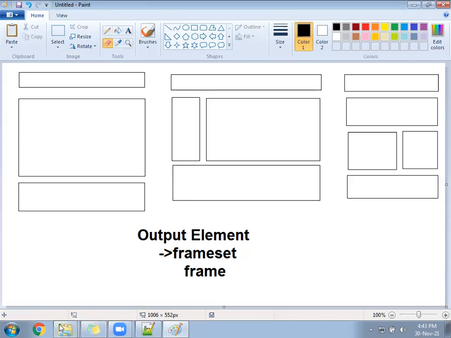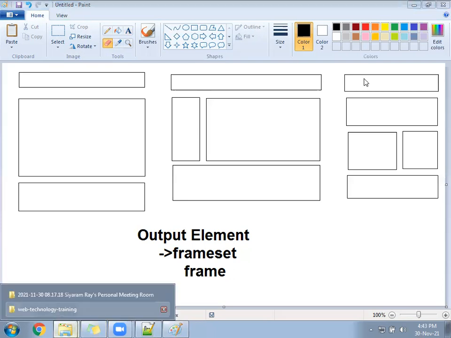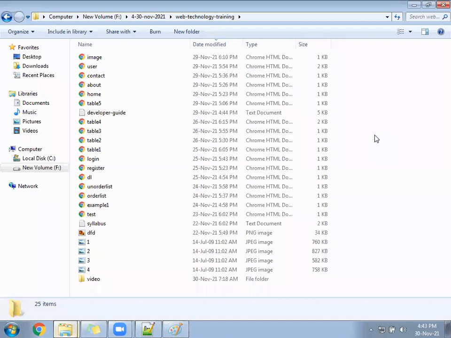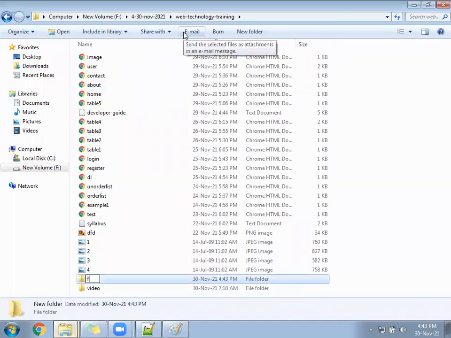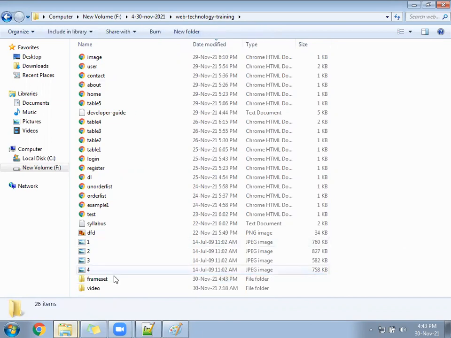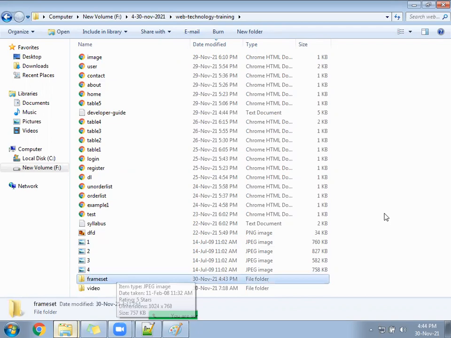So how to make this? Let's create a folder here. Don't mix everything together. I have created this many files here, so we will not mix now. We'll create a folder called frame set. Anywhere in the system, D drive, F drive, or the HTML or web technology folder, you can create a folder called frame set.